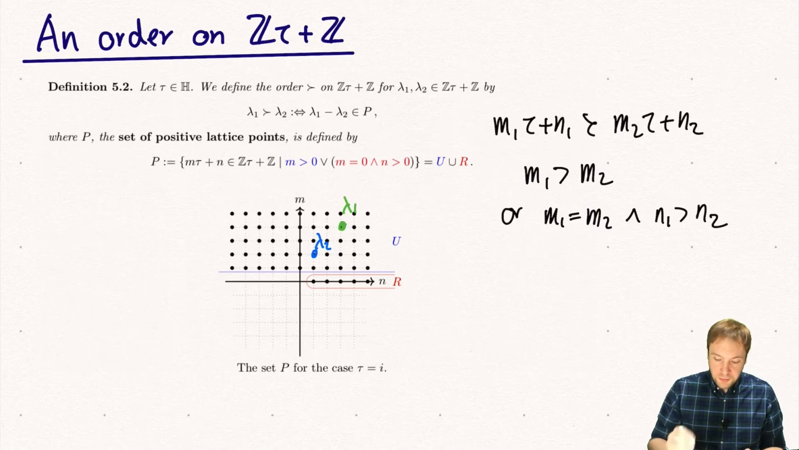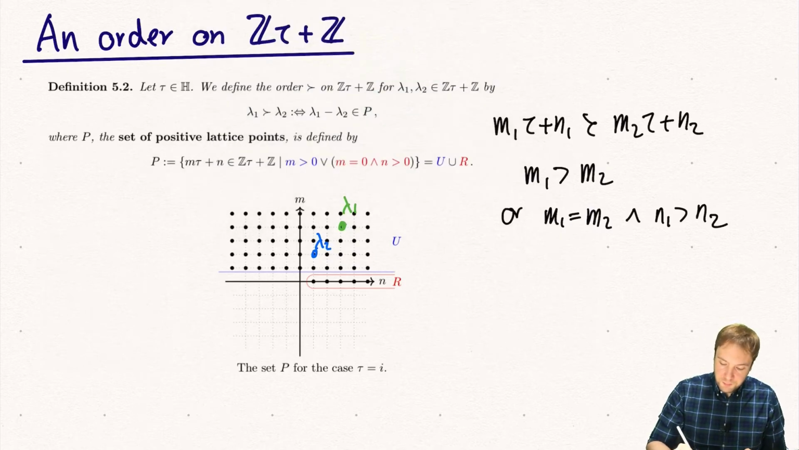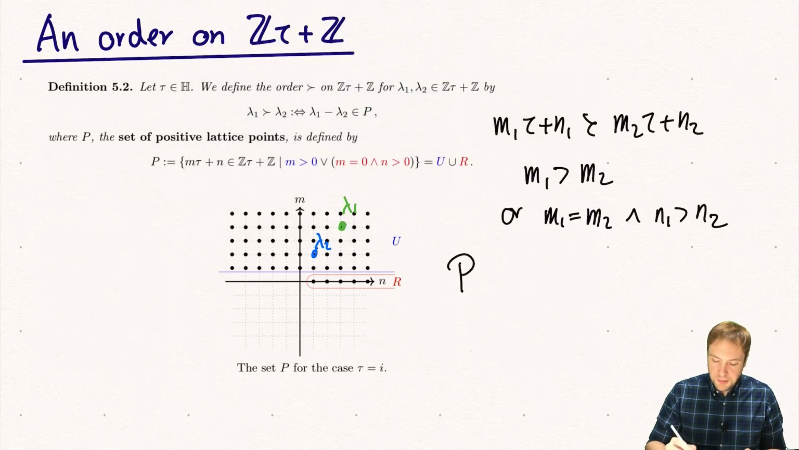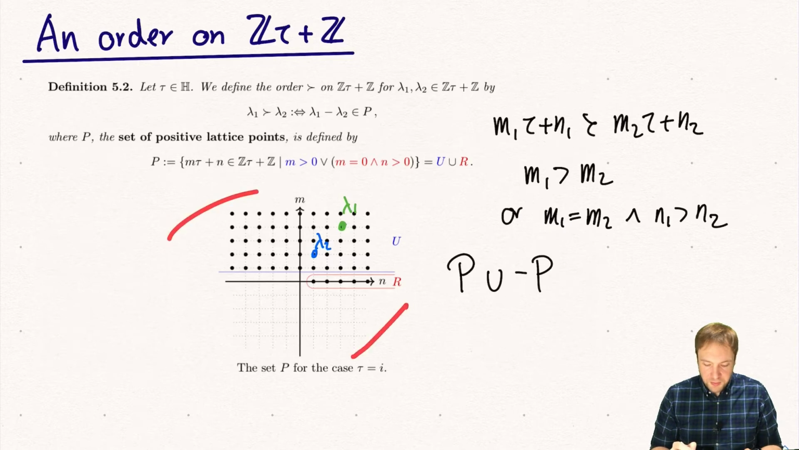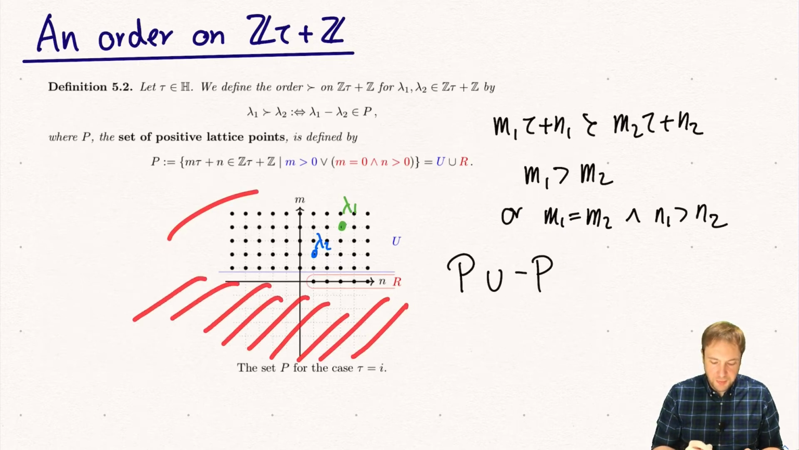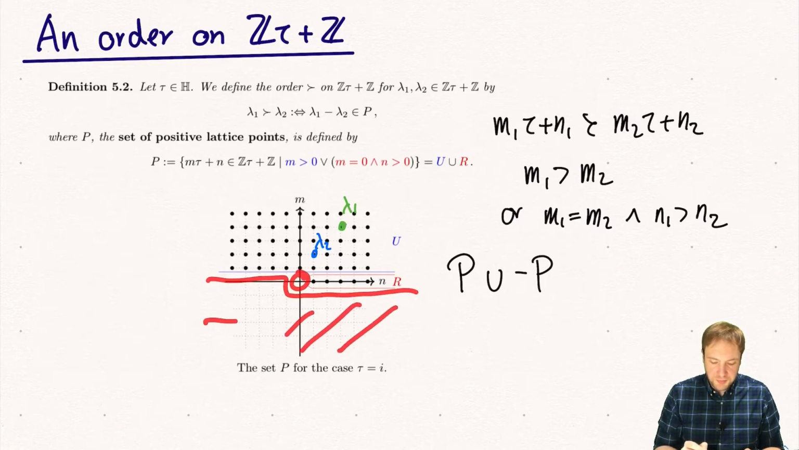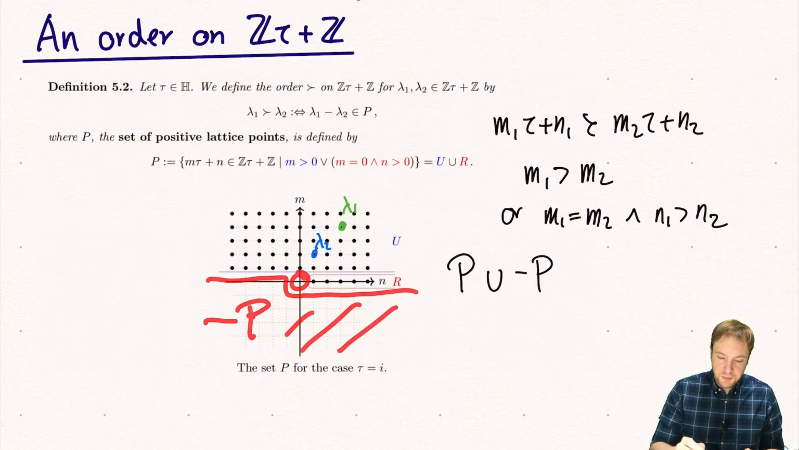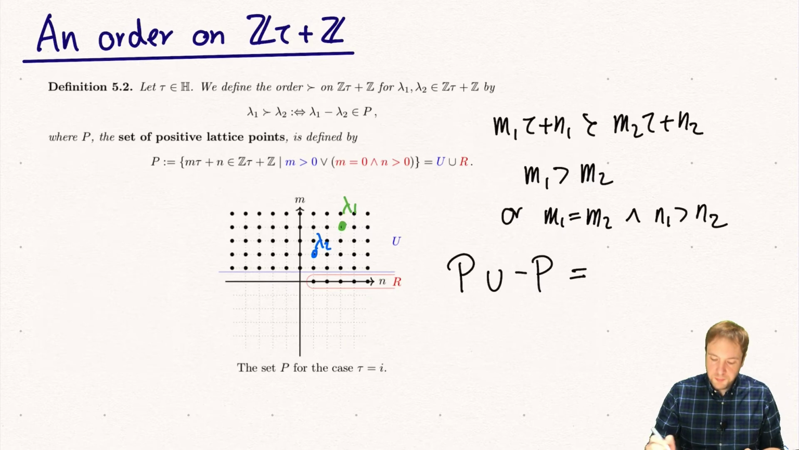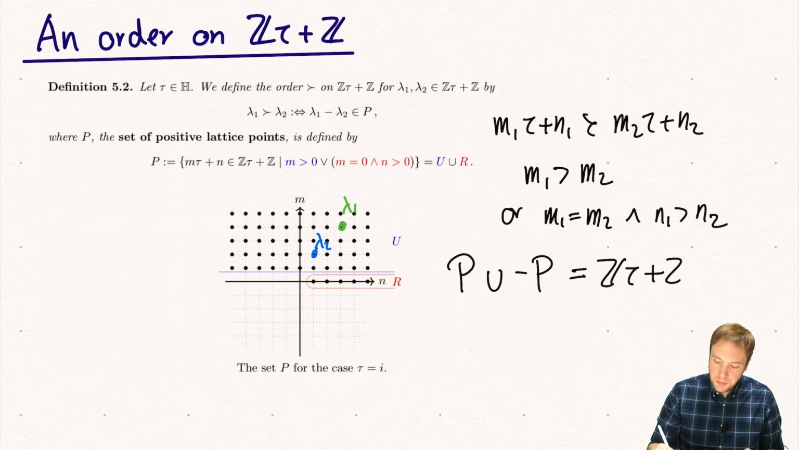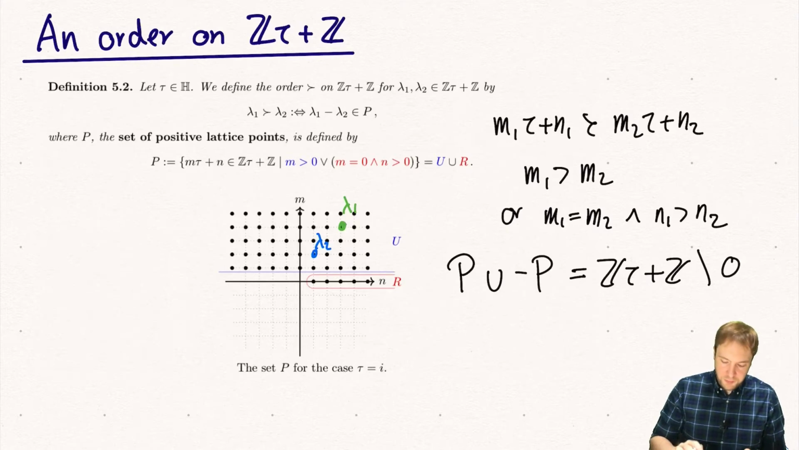Okay, and also notice that the set P, if I combine it with the negative set -P, so if I multiply these with -1, then I get exactly the remaining part here, so I get everything except for 0. So this here is minus P. Therefore, the union of P and minus P is exactly the whole lattice without 0. Therefore,